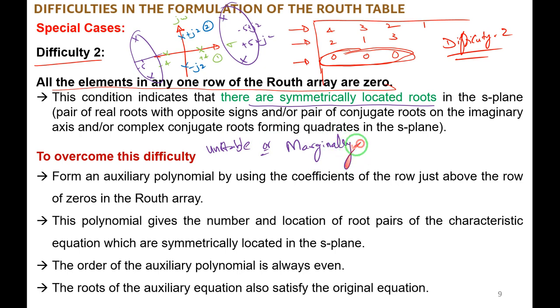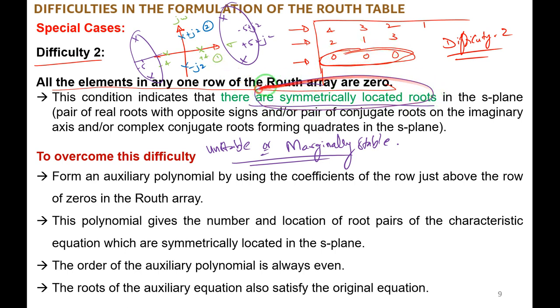Please keep in mind, whenever difficulty 1 or difficulty 2 comes, it means the system cannot be stable at all. It is either unstable or marginally stable. So difficulty 2 means the system cannot be stable. It can be either unstable or marginally stable. And a row of zeros is an indication of the presence of